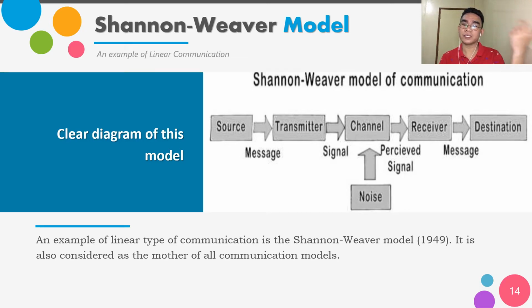So the receiver will receive, of course, the message from the sender and from the channel. And once the receiver receives the message, there will be a decoding process. And then after the sender, there will be its destination. So it's either you respond or not. As you can see here, the source and the message are transmitted through a channel or signal,